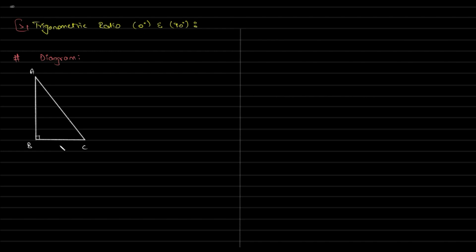So how does 0 degree look? And how will that triangle look? So to simulate 0 degree, what I'll do is I'll start reducing angle C. So if I reduce the angle C, it will look something like this, right? So basically your diagram will change to this. If I further reduce it, what will happen? No, very small, something like this. It's very, very small. So we have B, C, and A,